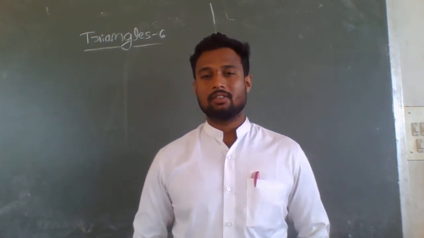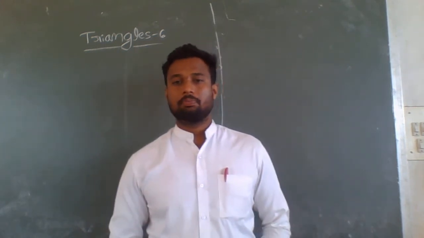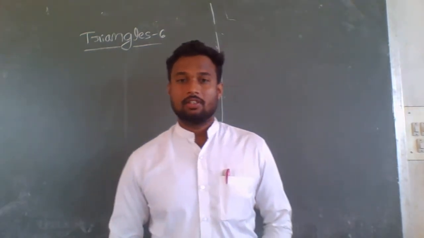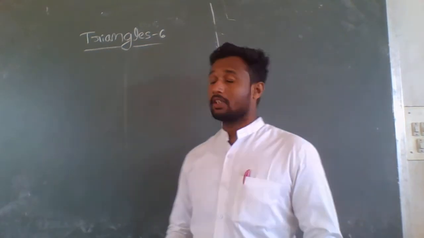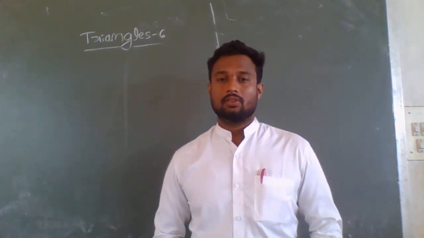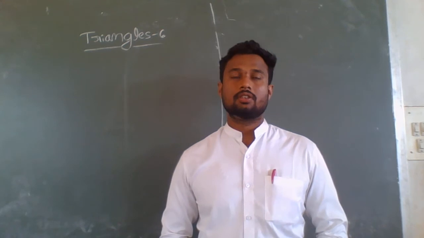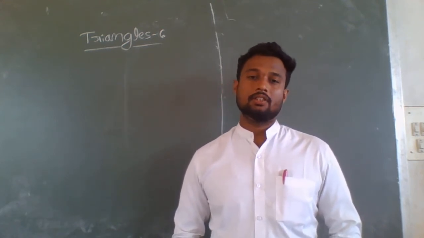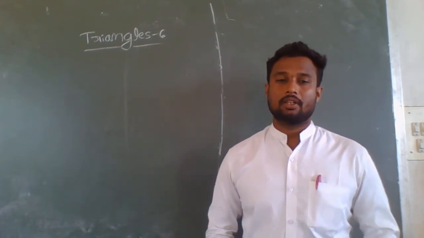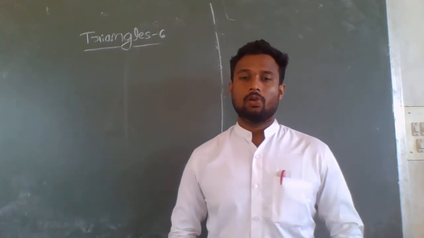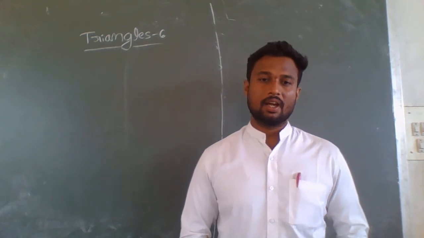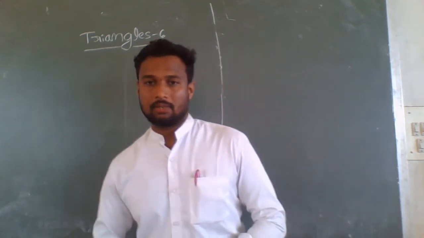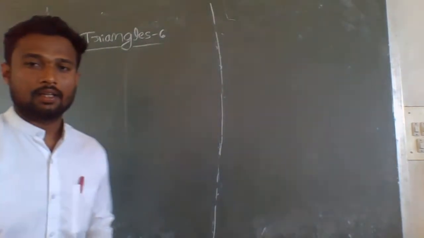So in the previous class we discussed some introduction to triangles, which is chapter number 6. We discussed what a triangle is, congruency and similarity, and we have seen some examples on similarity also. Now I hope you all know the difference between congruency and similarity. Today again I will discuss some more basic things about angles.